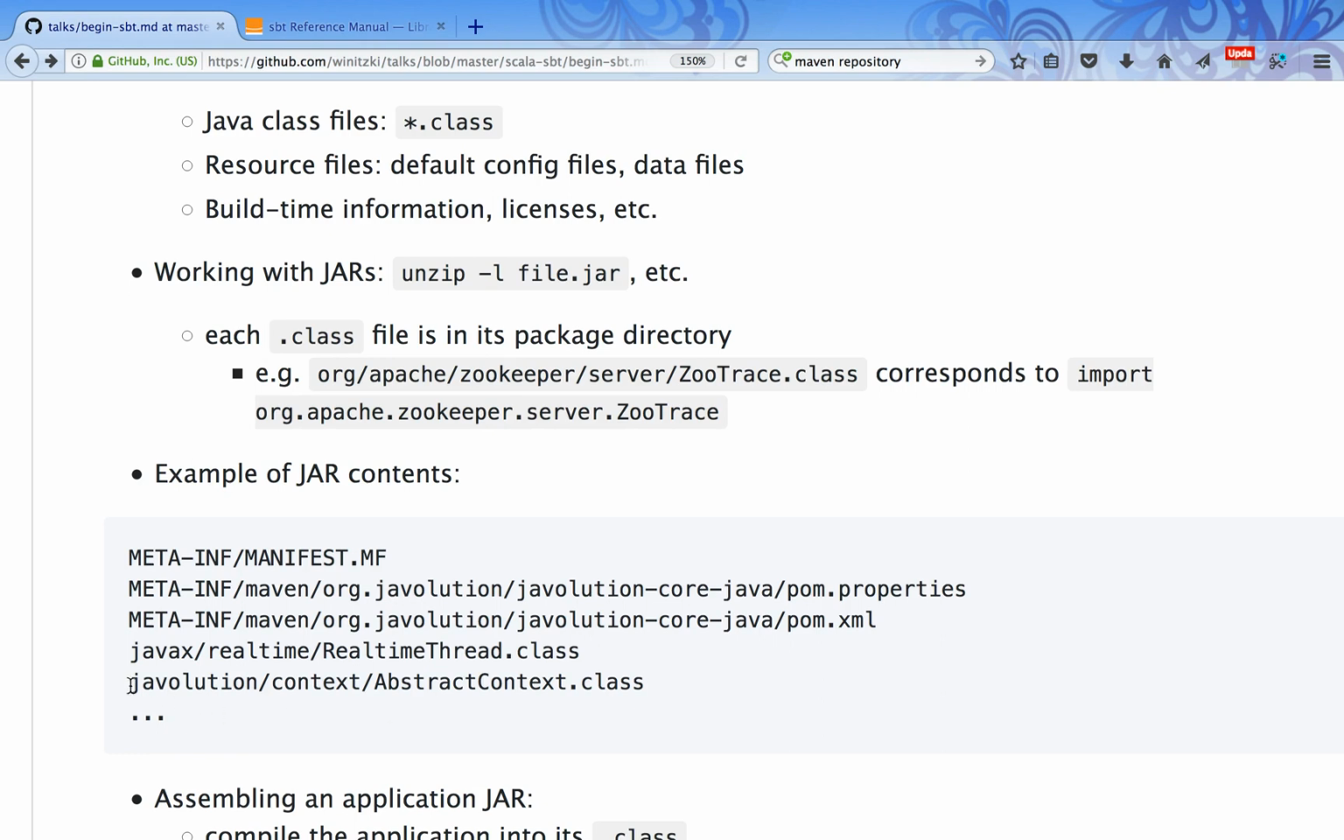They have to be unpacked at the same location. This is how jars are designed. They cannot be coexisting, so there can be only one class called abstract context in the package javalution.context. If there are two libraries that contain this class for any reason on your class path, and you're trying